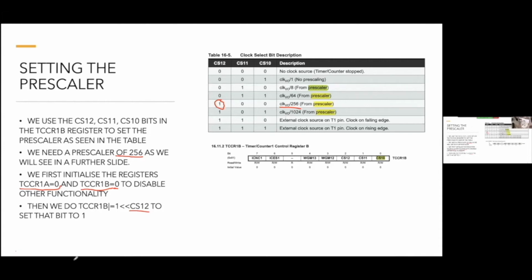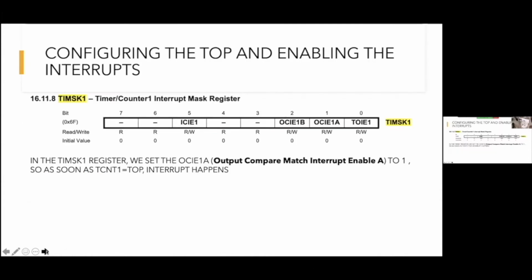Okay. So next we have this register, the timer counter interrupt mask register. Here is where we will enable our interrupt.